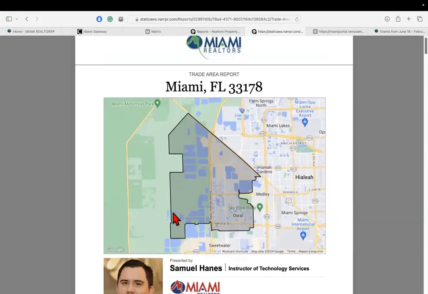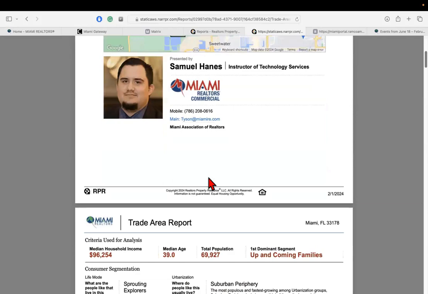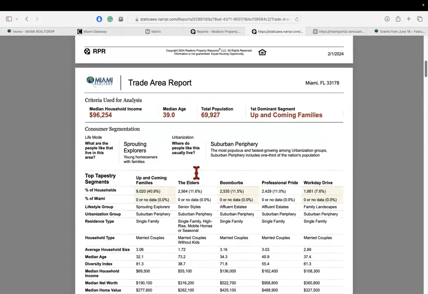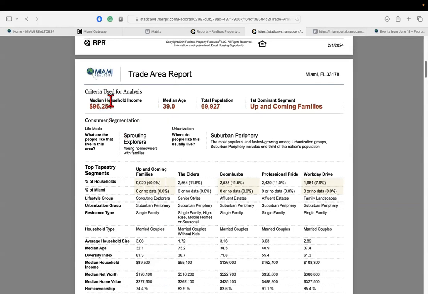It's going to give us the trade area analysis based on the zip code that I selected, which is in Doral 33178. All right, this is what I love about it. This isn't just for my commercial folks out there. This is also for my residential folks. So this is going to give us the top demographical folks that live in the area. It's going to give us the median household income,